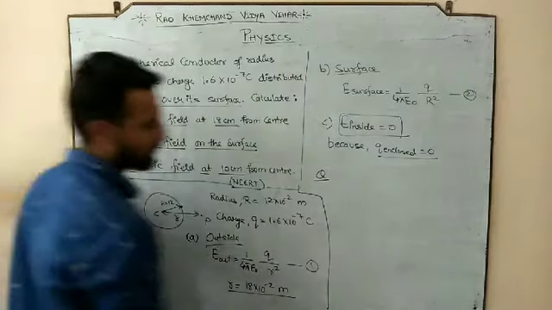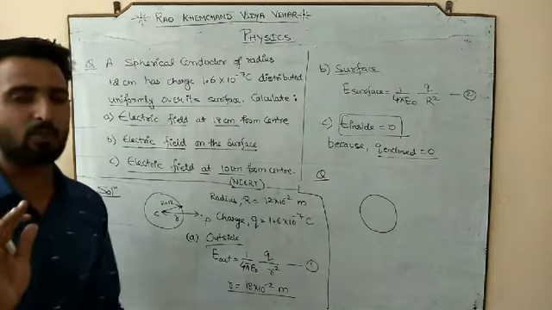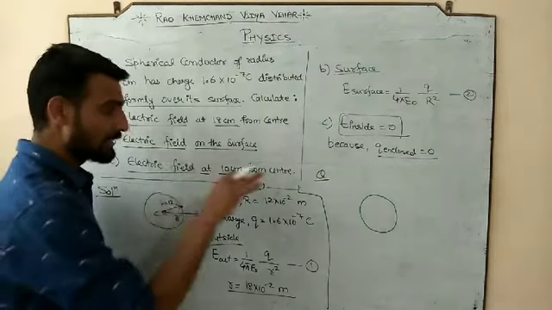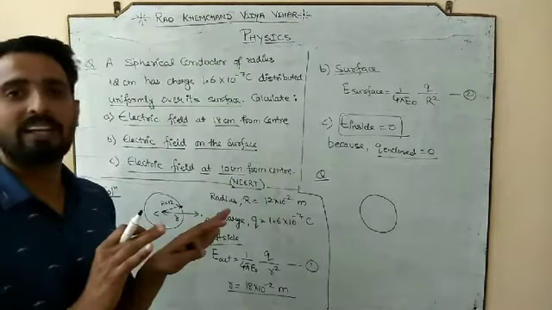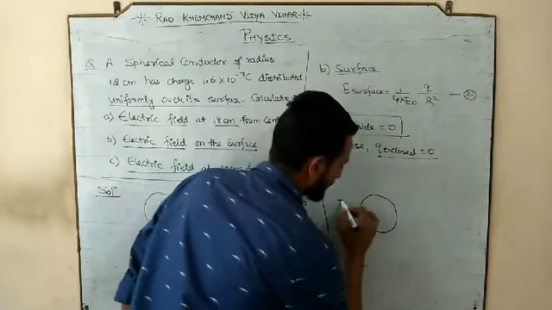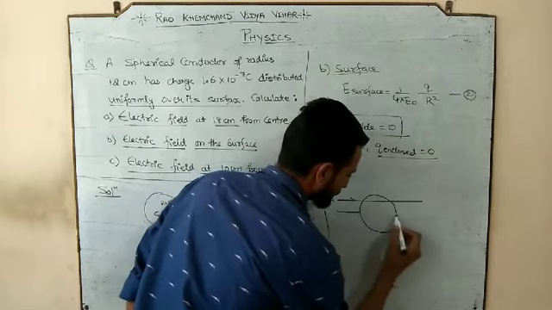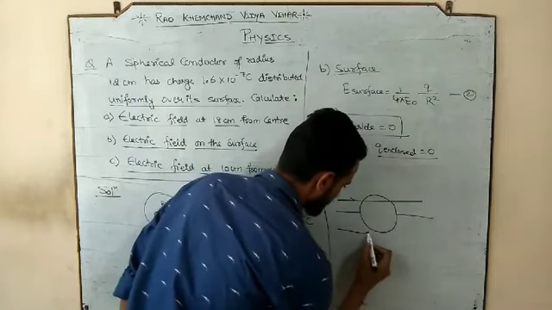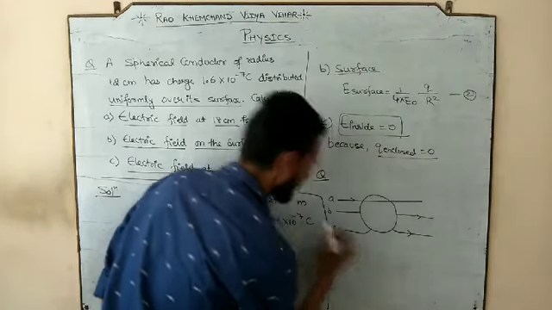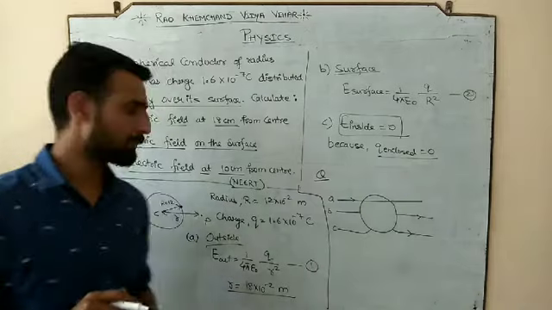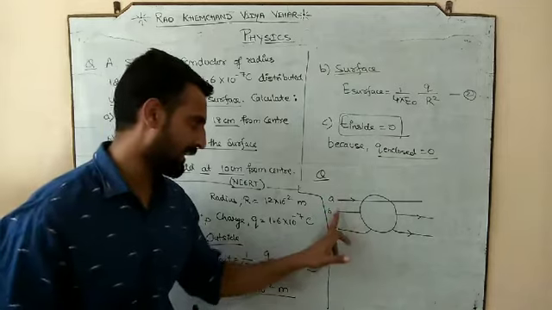Now, before noting down this, I want to add one more logical question that is coming to my mind. It has been seen twice or thrice in the CBSE. It is only 1 mark, but it is a logical question. The examiner has given us a spherical body and some electric field lines in this manner. So here we have a spherical body and he has drawn 3 electric field lines named A, B, C.